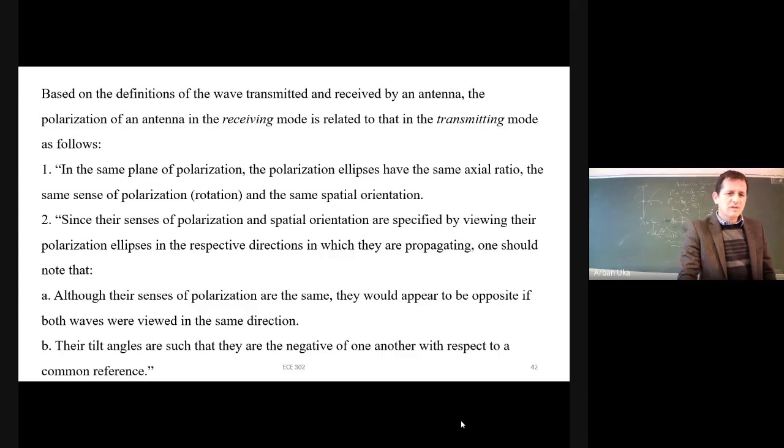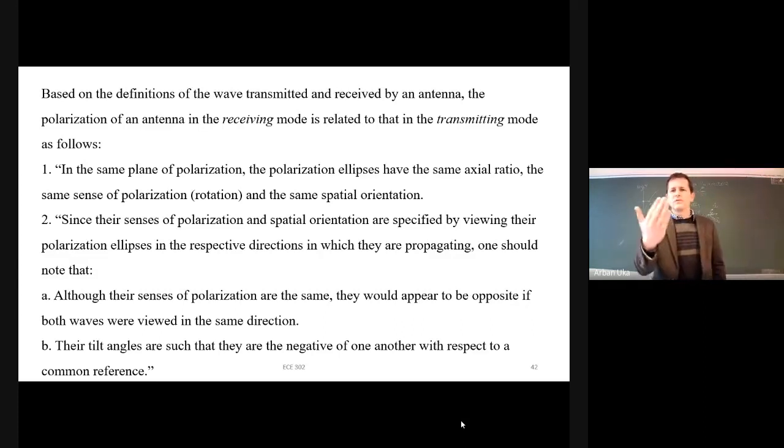So this is something we discussed before when we said that for the polarization direction of the wave and the antenna, you might see a negative sign in there, because we are measuring them using the same coordinate system. Okay, so the point 2A, which is mentioned here, you may read this again later, and also you can read it from the book, but the sense of the polarization can be the same, but they would appear as if they are opposite because now you have a receiving antenna and a transmitting antenna.